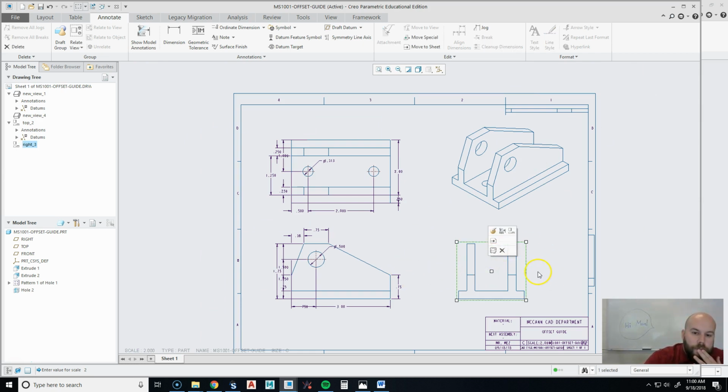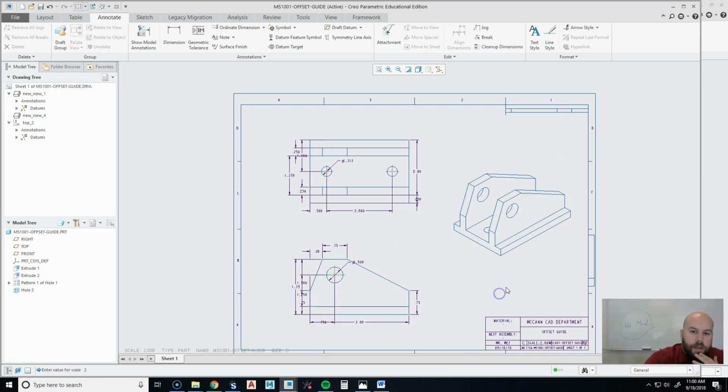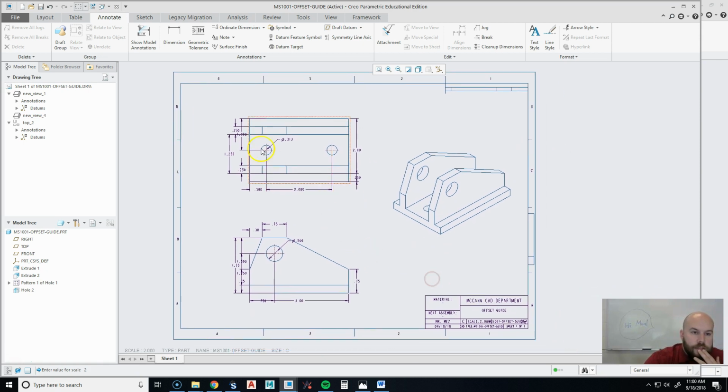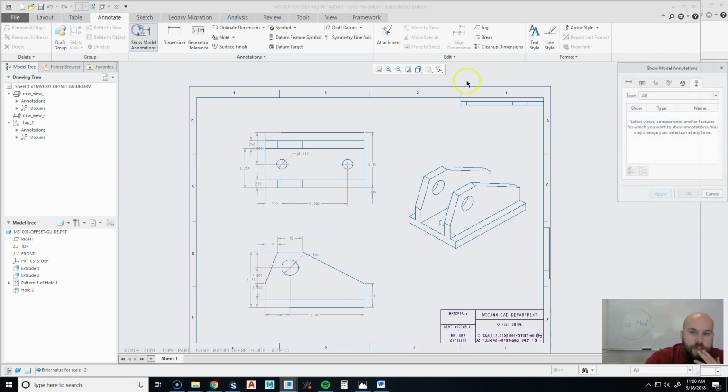So now, I really don't need this view, so I could select it. I could go up here, hit delete, get rid of it. Really free up some space on my drawing, spread things out a little bit. Yeah, that looks like a nice drawing. Nice and lots of space. Okay, now the other way that you might want to do this, and I'm just going to get rid of